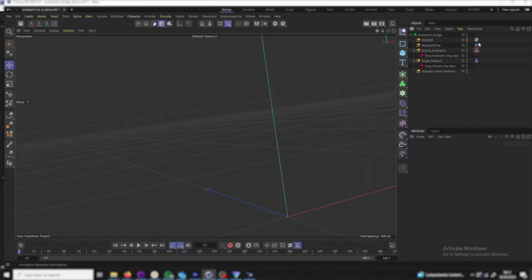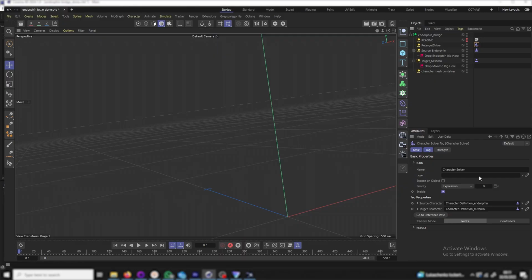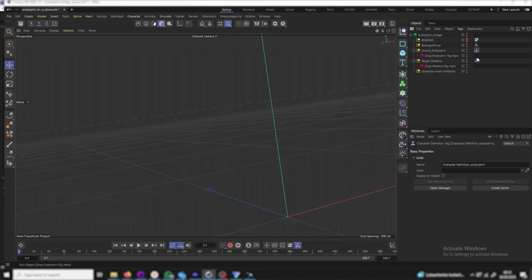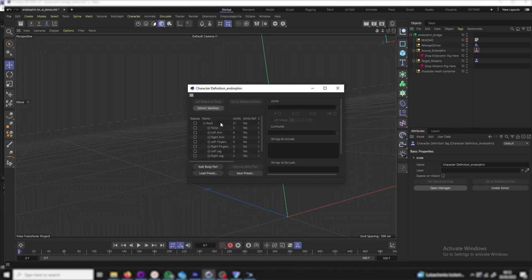Let me show you how my template file can save you a lot of time and frustration. So this is how it looks when you load up the template file and you have a character solver tag which transfers the motion between the two skeletons. It does this through character definition tags. We have one for the Endorphin skeleton and we have one for the Mixamo skeleton. And the Endorphin skeleton is set as the source, the Mixamo skeleton as the target, and that is how the